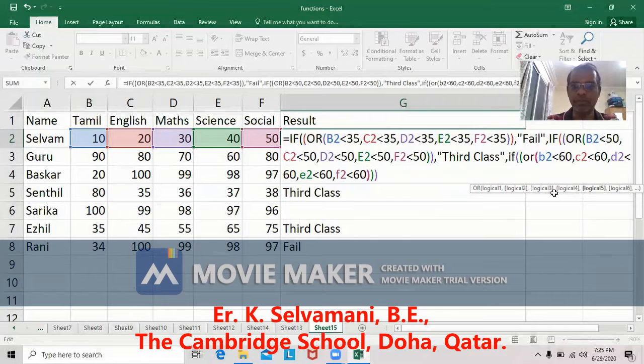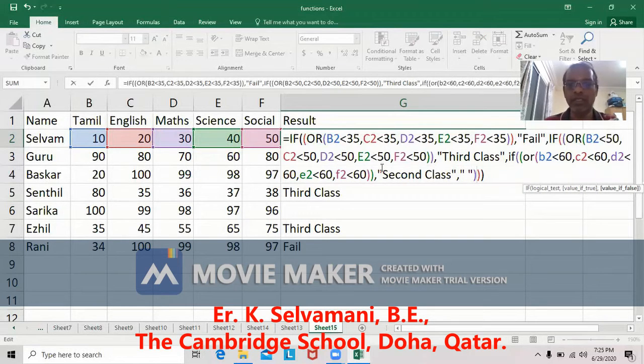First the OR function is closed, then the condition is closed, comma. Now we need a true block for this condition. This is second class, comma. The condition is false. Now we'll have only blank, three brackets at last.